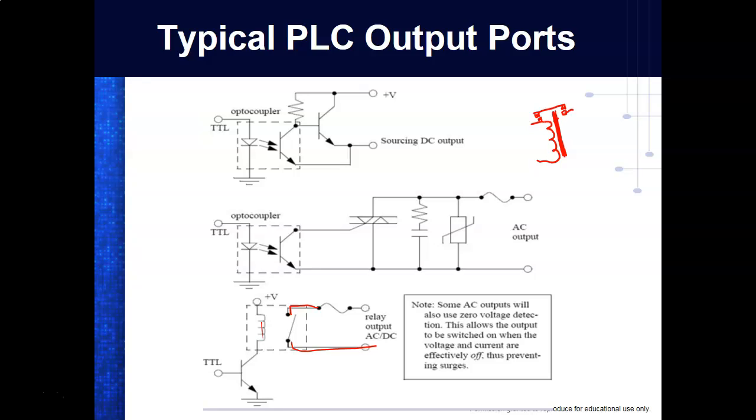But what's nice about a relay, the contacts, we call them contacts, they can be AC, they can be DC, they could be almost anything that it's controlling. 120 volts AC, we'd look and see that. So both the 1100s and the 1000s have relays, and you can actually hear them click when you turn on an output port. You hear it click. So on the 1000, which is this guy right here,